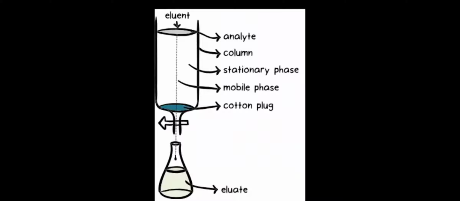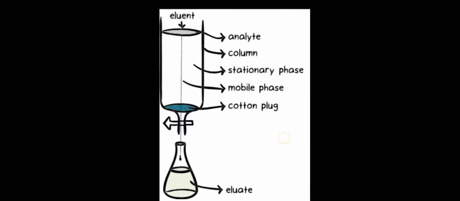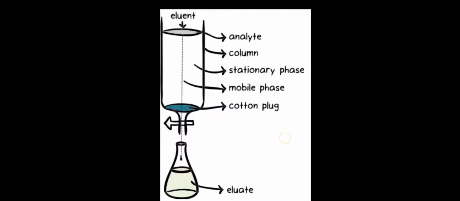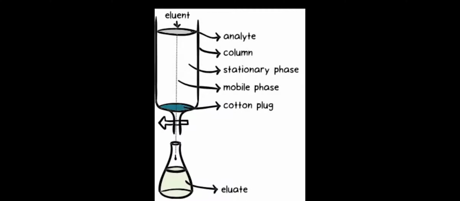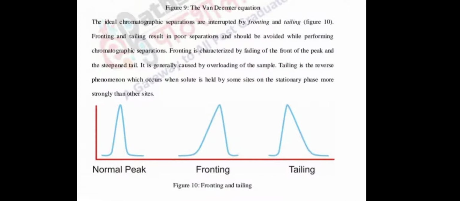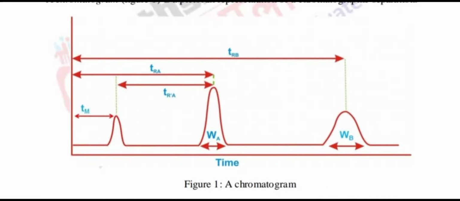So this is also known as the distribution coefficient, that is K equals the concentration of sample in phase A, that is the mobile phase, upon the concentration of sample in phase B, that is the stationary phase. This is the distribution coefficient which we will study in later parts of chromatography. First we will learn the theory of chromatography.